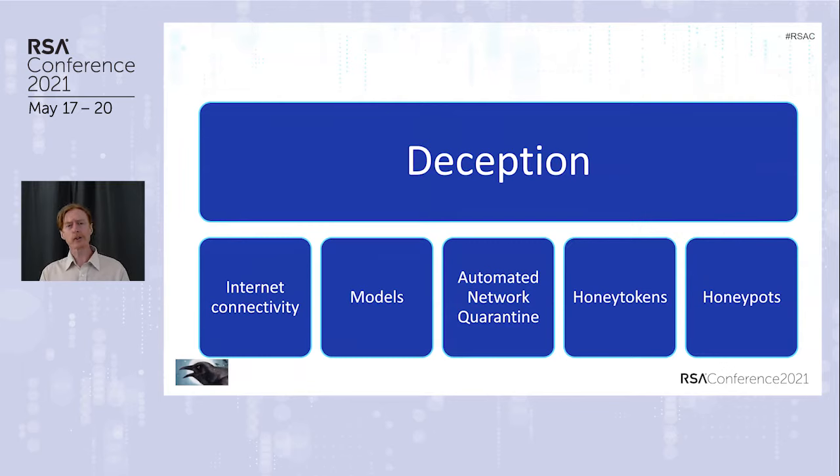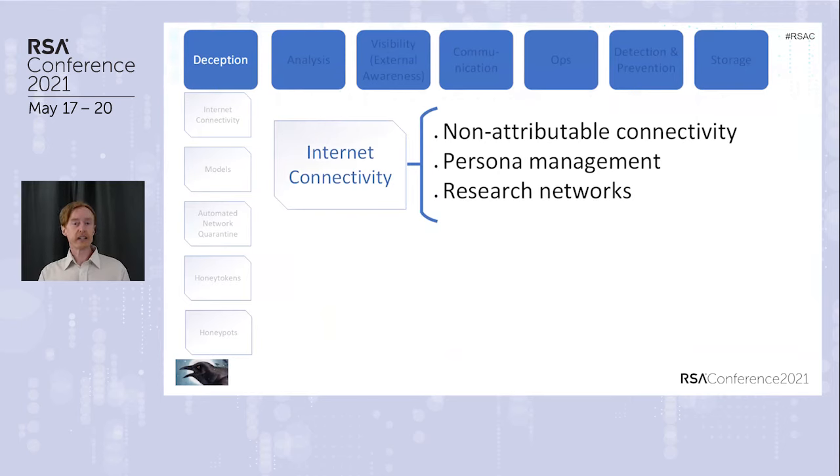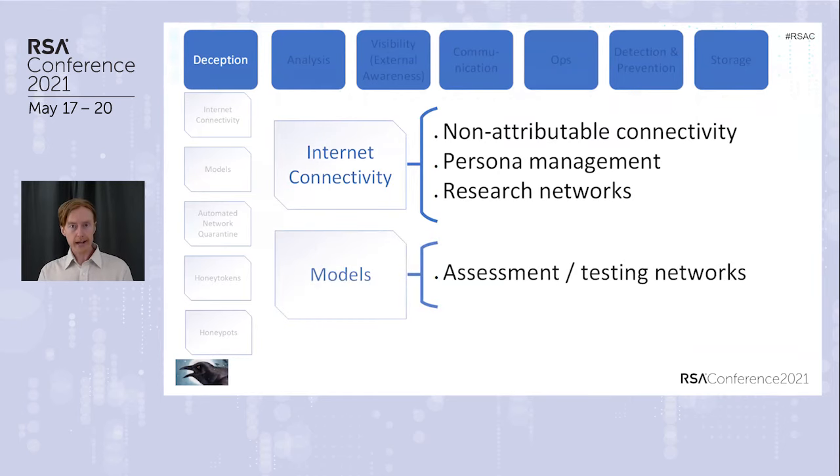Next, top level category is the idea of deception technology. This is cool, I think. It's kind of a thing that a lot of people don't consider a viable technology, but a lot of vendors recently have been working in this space because with deception, we tip the advantage in our favor in terms of access to assets. So internet connectivity is an example of this. If I want to interact with a threat, I should not necessarily be divulging that that's coming from my actual network. In order to do this effectively, I might also create some personas.